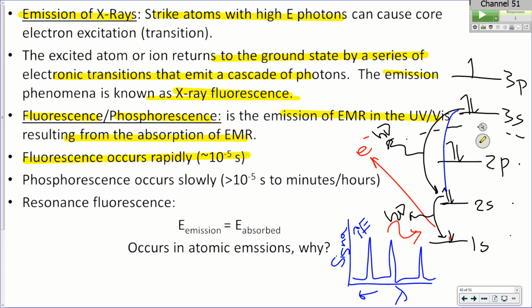The difference between fluorescence and phosphorescence, and we'll talk about those as we cover those chapters, is just time. Fluorescence is a rapid event. It occurs in less than 10 microseconds. Phosphorescence is a very slow event. It'll occur in something greater than 10 microseconds, up to minutes or hours. Anytime that you've seen something that glows in the dark, commonly that is phosphorescence. So something where you hold it up to the light, turn the lights out, and it glows bright, and then it starts getting dimmer and dimmer in time, that's a phosphorescence event.